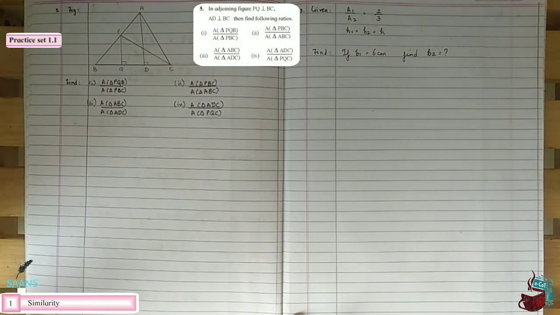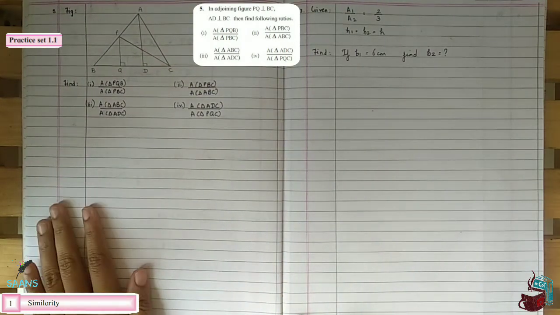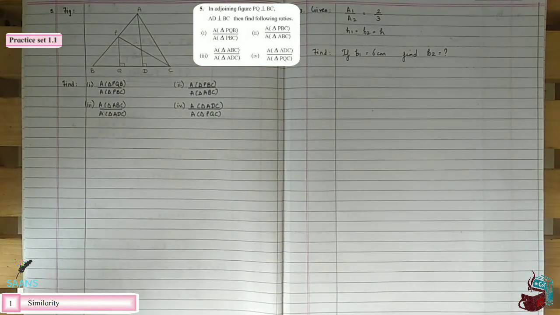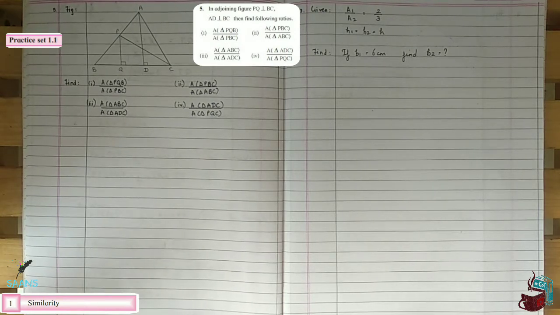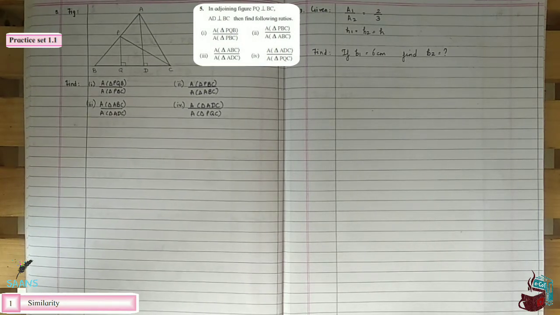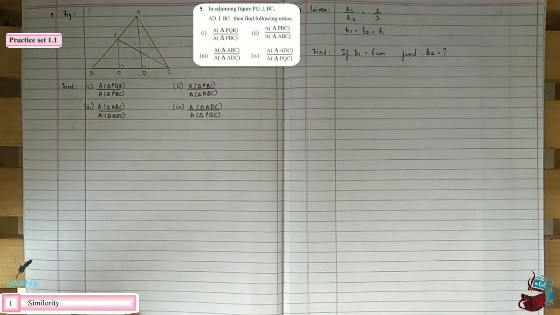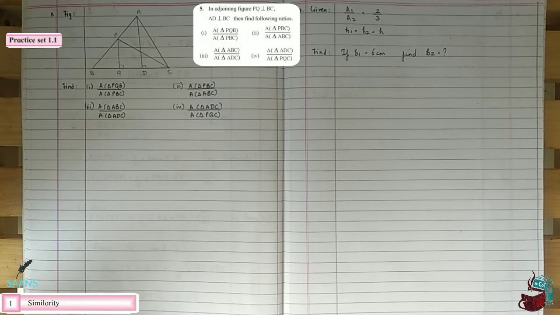So this is type 1 and we have finished. This question is tackled very well. All the questions based on the ratio of the areas of two triangles have been tackled well, so you are done. If you do this much also, it will be more than enough, that is in parts 1.1, 1.2 and 1.3. So let me continue now.